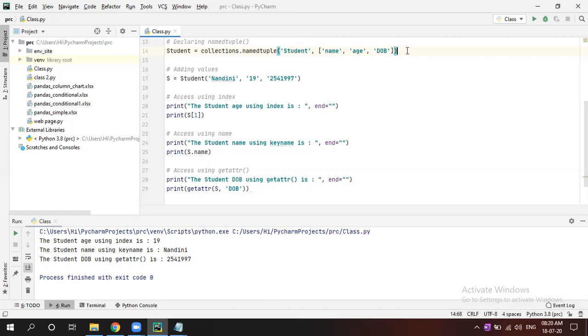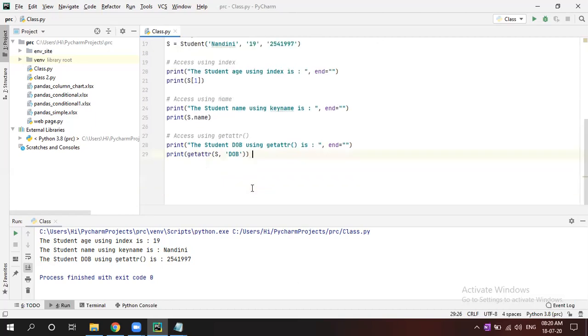Also you can access using getattr: you write getattr, then s, which is what you defined here at line number 17, then comma, dob. That gets the dob. So there are three different ways you can access.